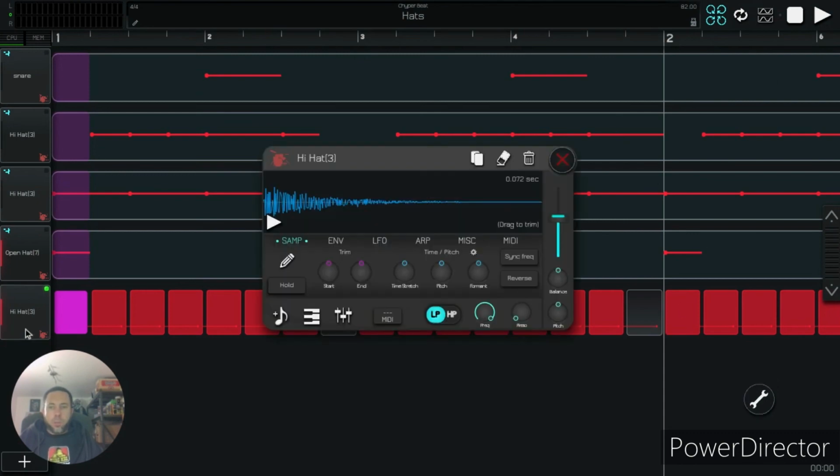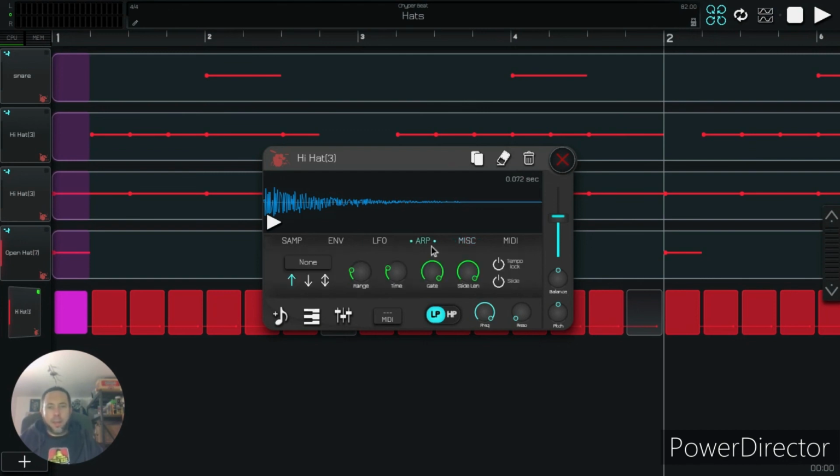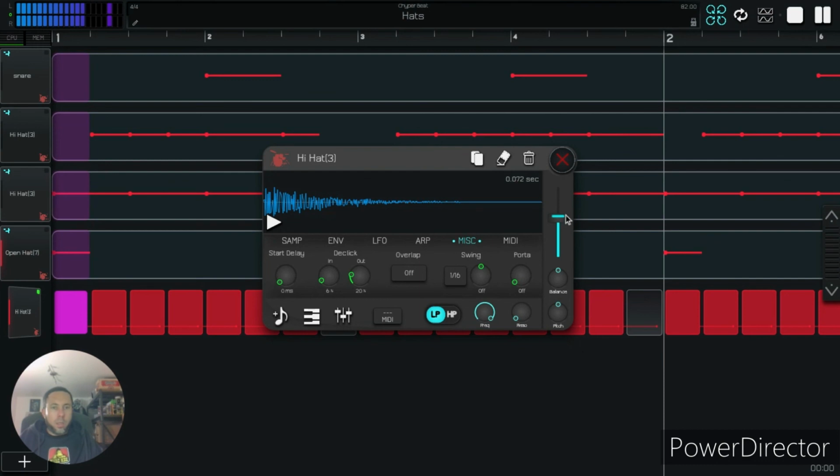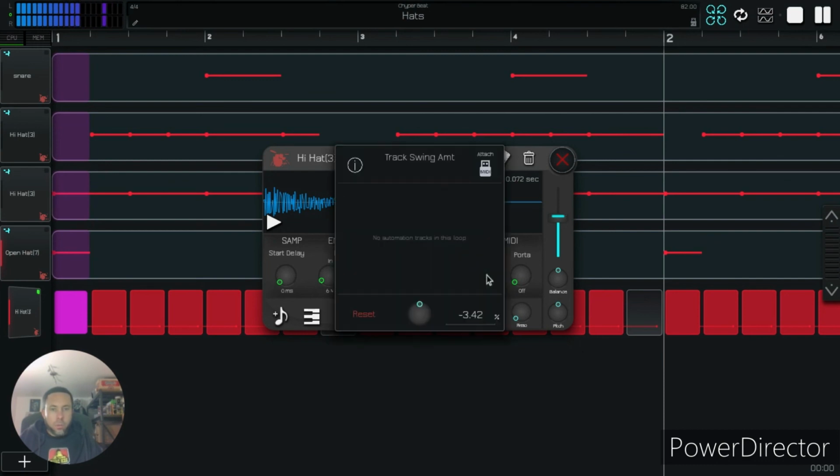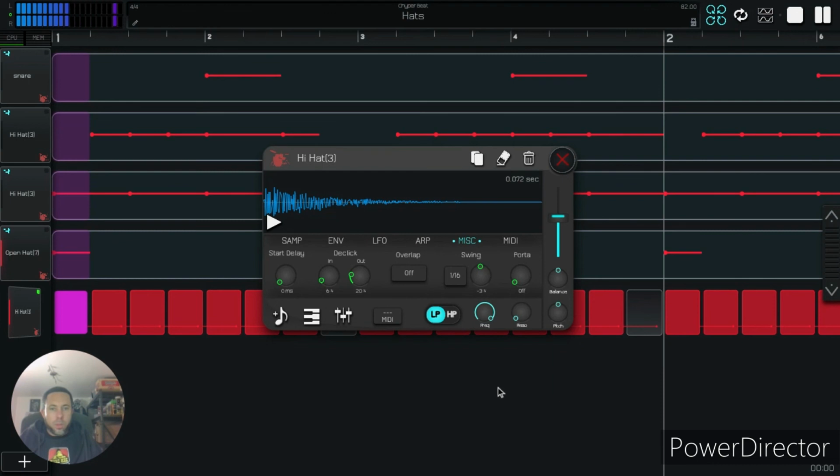You can put some swing on your hi-hats, which is kind of like the little pause before your hi-hat. It gives it some diversity, so you can access the swing in your MISC button right here. Wow, I don't have any swing on here. That's very surprising. I usually always put swing on my hi-hats. So you can put the swing minus or plus. I think it sounded a little bit better with the swing. Maybe I just forgot or something, but